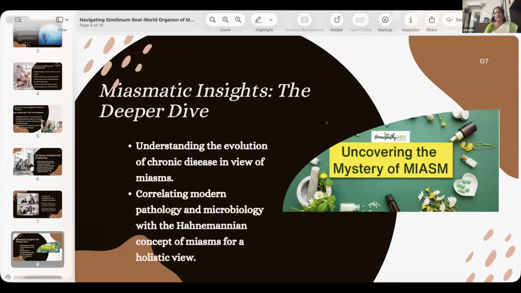The miasmatic insights play a major role not only in acute illness but also in chronic illness. How do miasmatic insights and miasmatic knowledge help the physician, in what aspect? Even in acute fevers, by finding out the miasmatic background, whether it is connected with psoric fevers or syphilitic fevers. Because psoric fevers, when it is only connected with the indisposition,